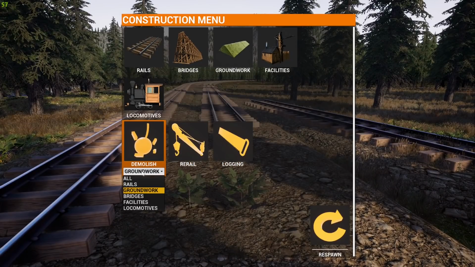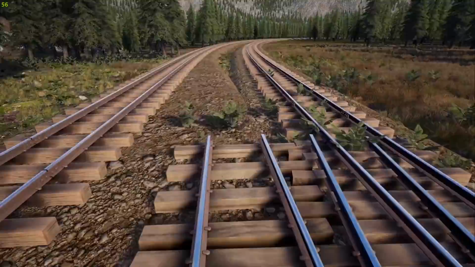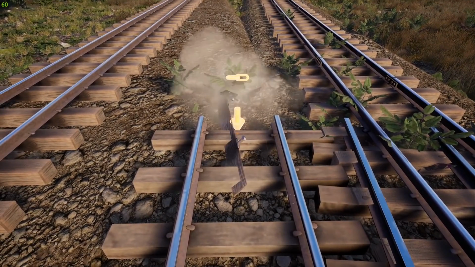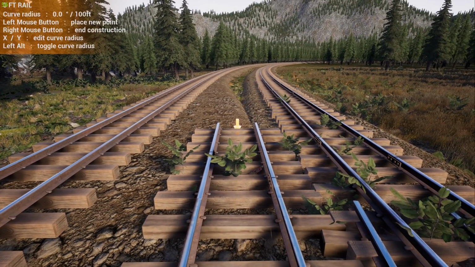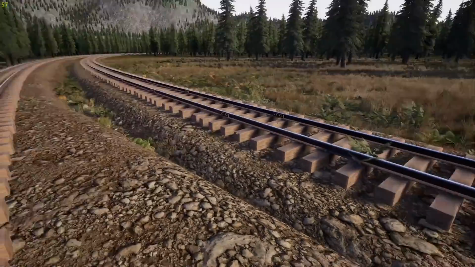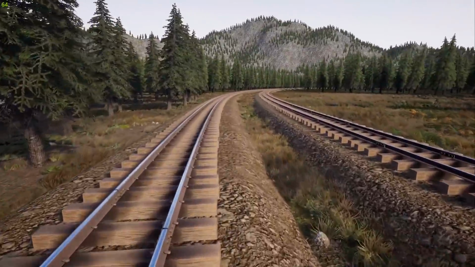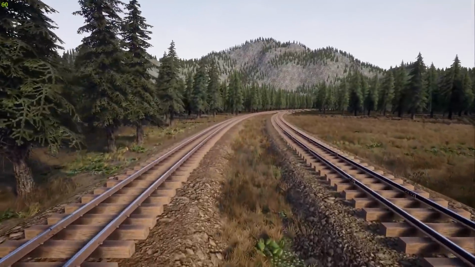Let's try to get rid of this curve. Okay, so this is where the curve needs to start, right? So what if I take a piece of straight track here and I place it like that? I'm wondering if that will give me a better curve. And then let's go to the other end here and kind of do the same thing. Let's give it a spot